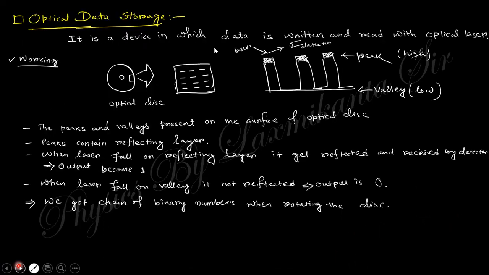Optical data storage: you can see in a CD there are dots like that. Actually in 3 dimensions there will be a nanostructure, with peaks and valleys. When the laser light is incident on a peak, it is reflected and detected by the detector, and when it is a valley it is absorbed, so there is 0. So from the upper side, the peak side is 1 and this is 0, so there are lots of binary numbers 1 and 0, and this gives you the information. This disk rotates and gives you the information of this